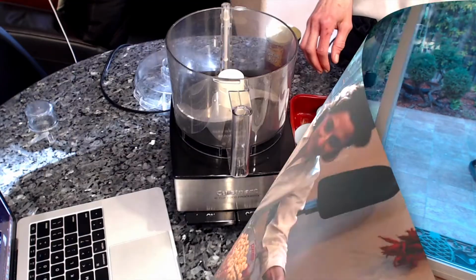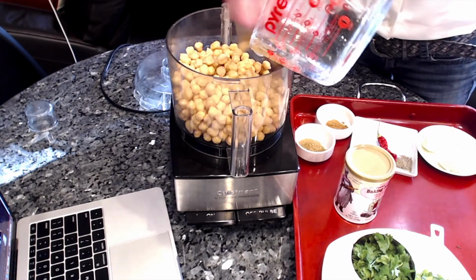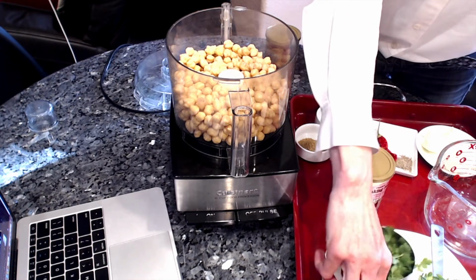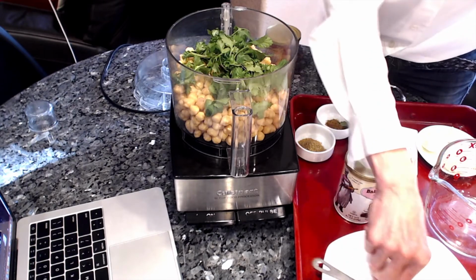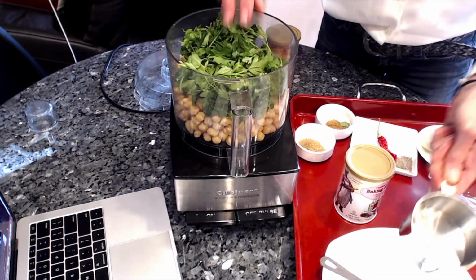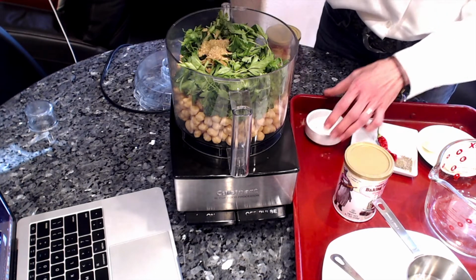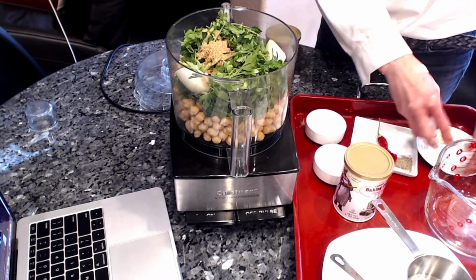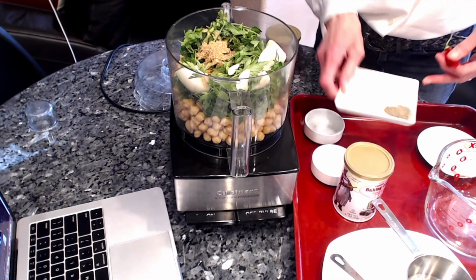Let's start. In the food processor, I'm gonna add the 4 cups of garbanzo beans that have soaked for 12 hours, rinsed. I will also add the cup of fresh coriander, the packed cup of parsley, the cumin, the dried coriander, the onions, and the garlic, salt and pepper,